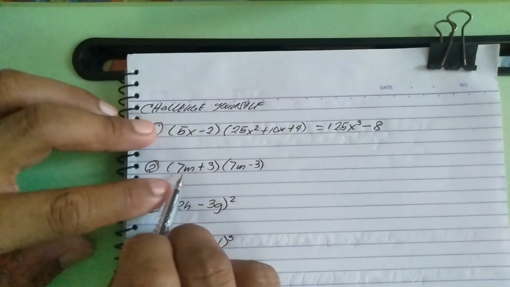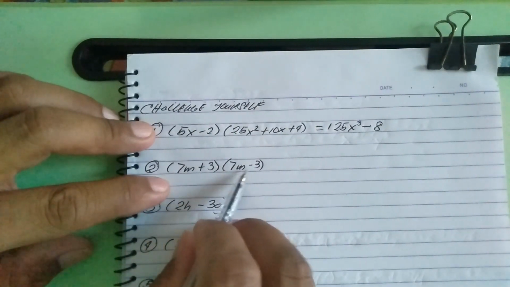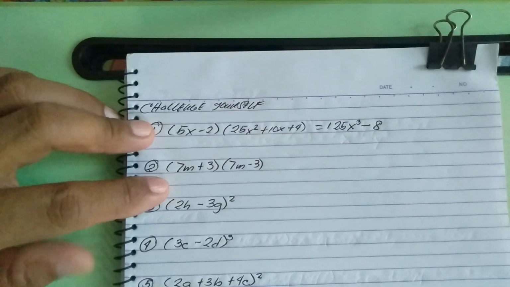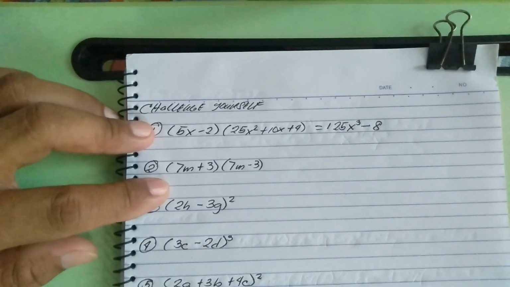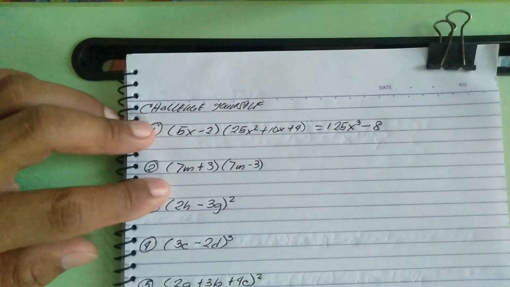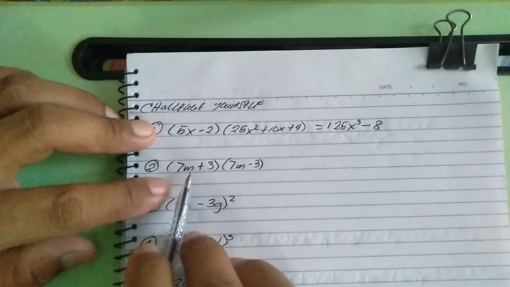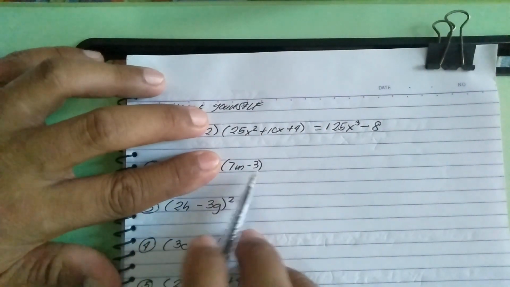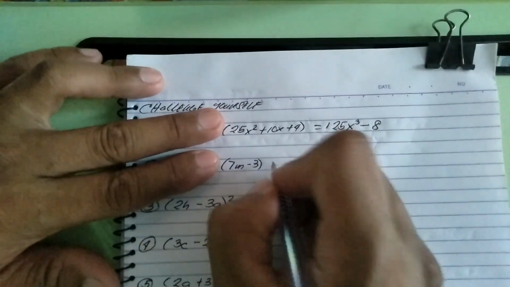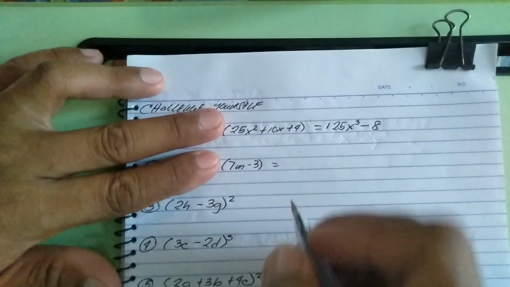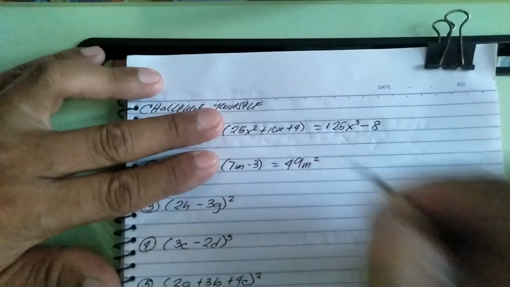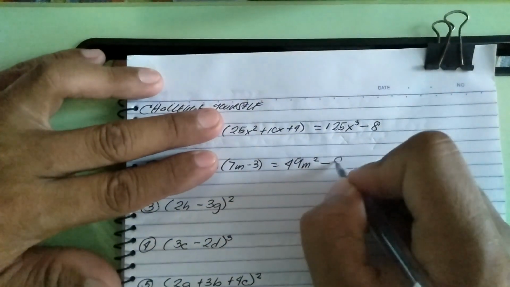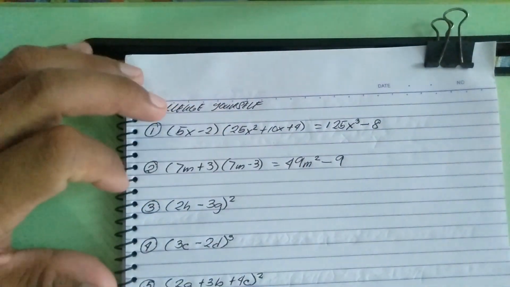Okay, the second one, 7m plus 3 times 7m minus 3. Positive, negative, magkapareho. So therefore, anong gagawin ko dito? The sum and difference of two binomials. Okay? So, square the first term, square the last term, susundan ko po yung negative. Again, square the first term, square the second term. Negative po ang susundan ko. So, 7m squared, we have 49m squared minus 3 squared, we have 9. Yan na agad ang sagot. Okay? Next,